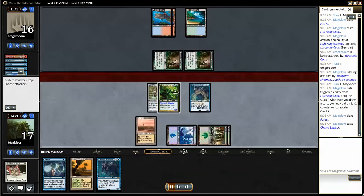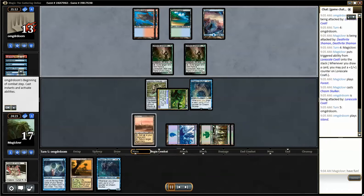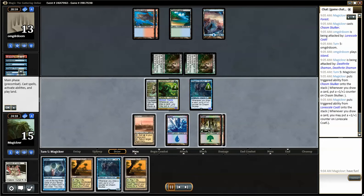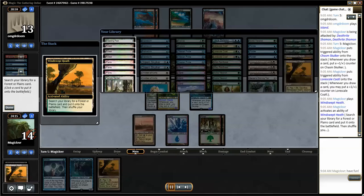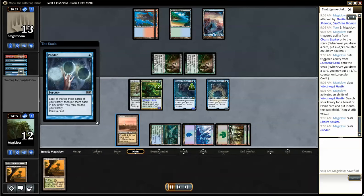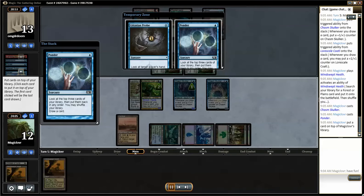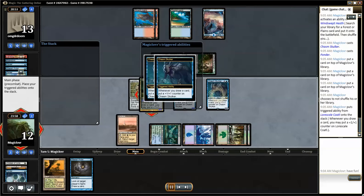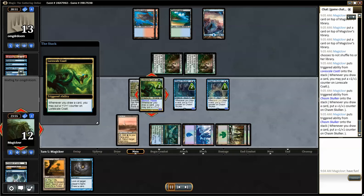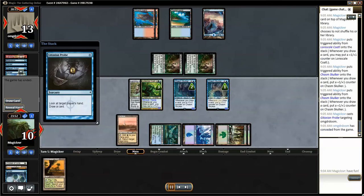Get the Skulker out. And now I'm starting to grow them pretty well, so get another Skulker out. Chain a Ponder with the card draw into the Probe with the card draw. And that's the game. So, I got out a bunch of threats, definitely overcommitted to the board, but since I